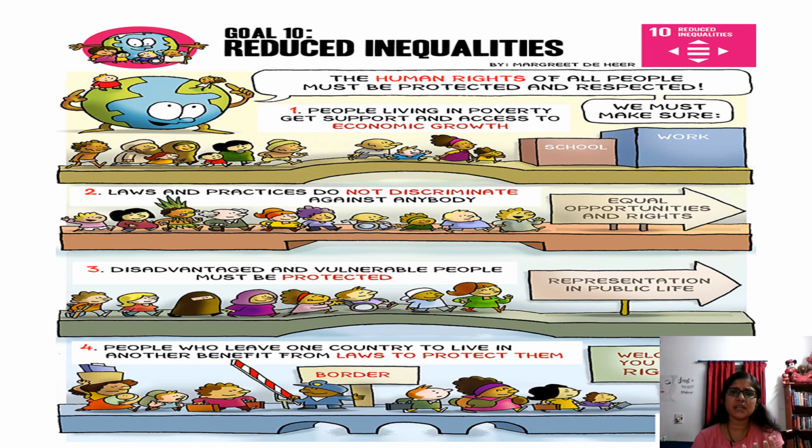So here there are many people, like people living in poverty, who should get support and access to economic growth. The poor people are always being ignored by others, isn't it? Even though people can help them, nobody comes forward to help them. So we should see that no poor people are left behind, and they don't face any issues in their life. Everything should be equal for them. They should be able to go to a job like we are going. They should be able to get education, healthcare, everything. Every person in this world should be treated equally. Like the respect that you get, the respect that I get, everybody should get the same respect in the world. So we have to reduce the inequalities. That is the 10th goal.